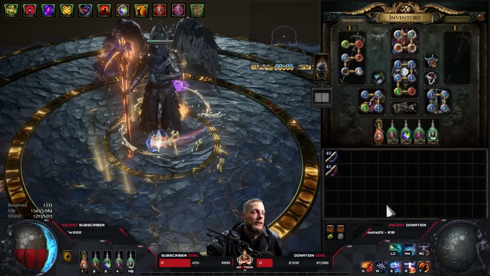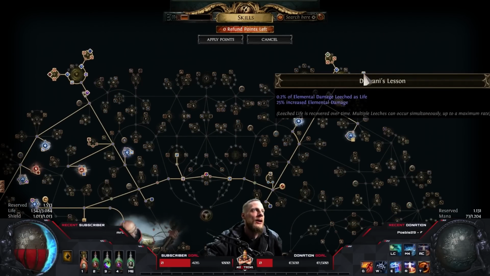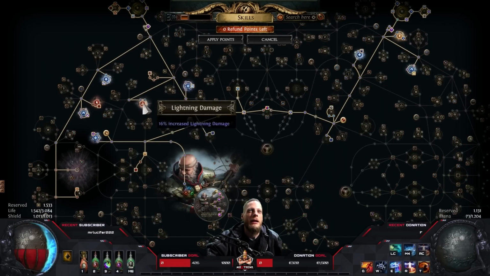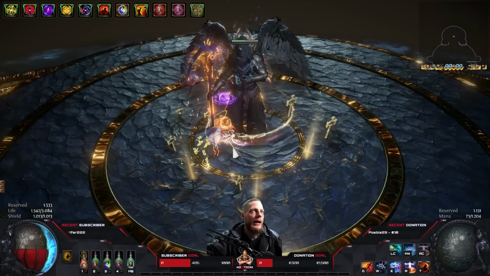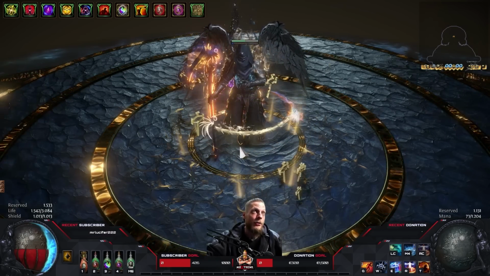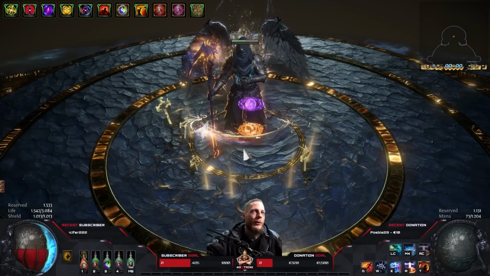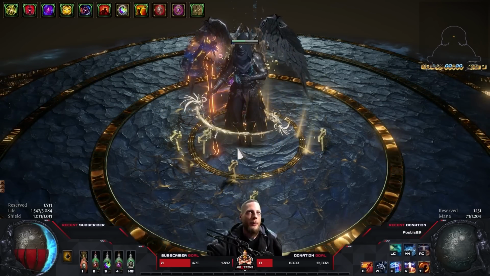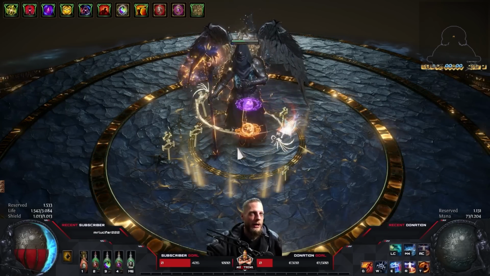I was having a dual leech setup, with life leech from the Doryani's Lesson over here, as well as spell damage leech from the Elemental Mastery over here. So I was like, yo, this PoB, 800 million DPS, was 400 per brand. This was just too ridiculous when it comes to damage output, but not even ailment immune, no nothing, right? So I said, you know what, dude, if I get 100 mil DPS with Stonebrand per brand, that is,